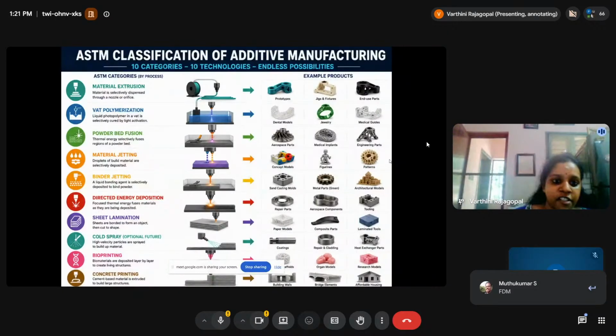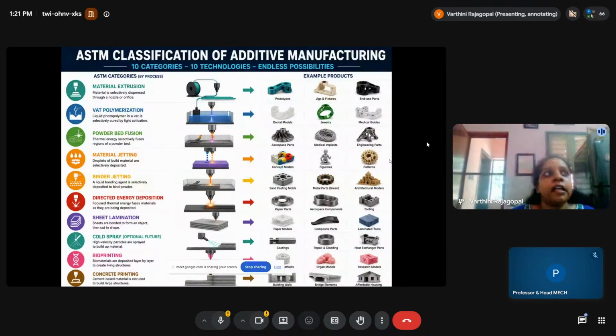Yeah, the first 3D printer that was invented, SLA, stereolithography. That is VAT polymerization. We have resin, and that resin can be printed using VAT polymerization. You deposit resin layer by layer, and it is cured using UV light, right? VAT polymerization is used to print resins, and it has major applications in the dental industry and in jewelry, where prototypes can be made. Before, investment casting was used to make the wax prototypes, but right now they are using VAT polymerization to make the